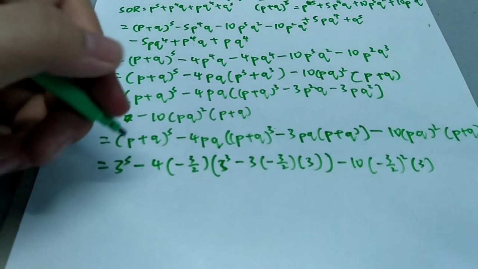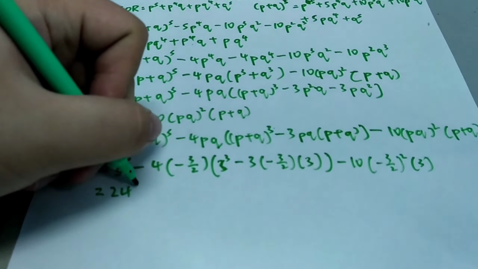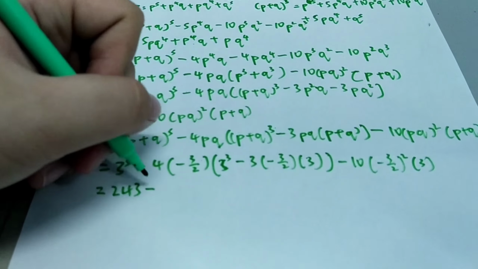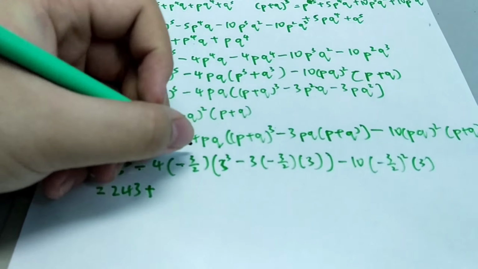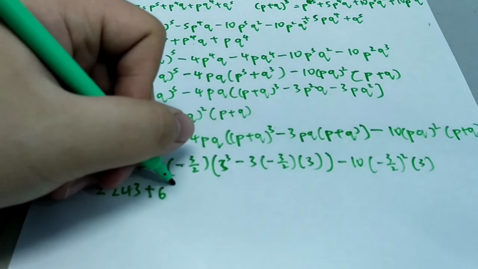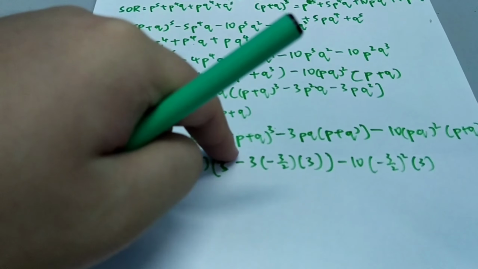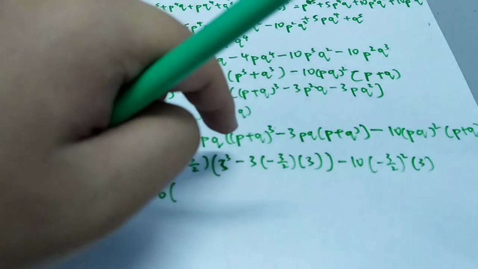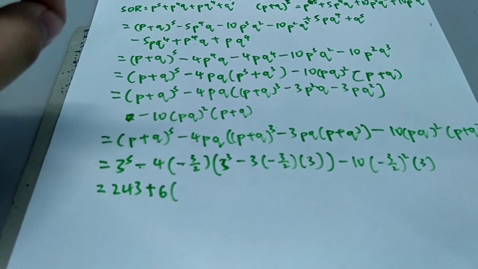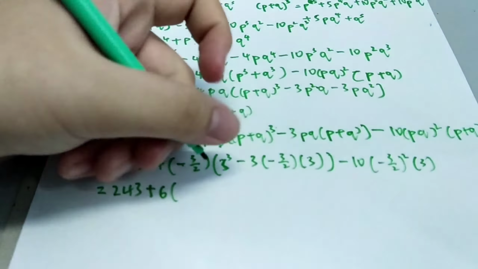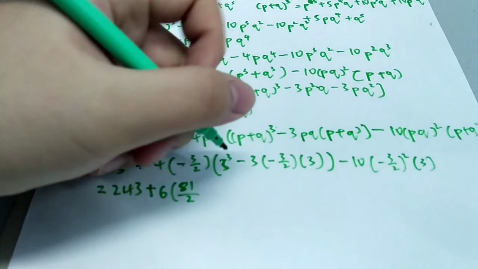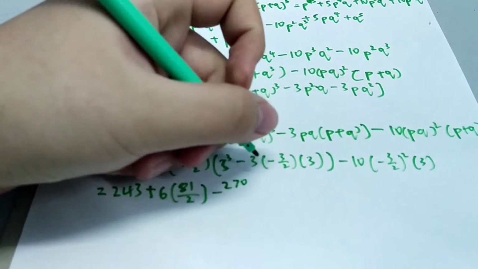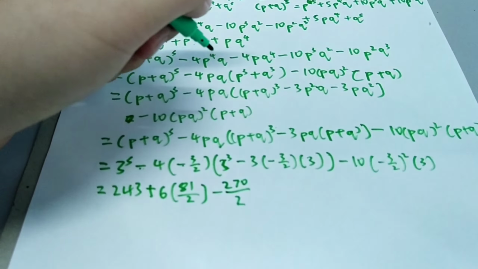So 3 power of 5, that's equal to 243 minus, not minus anymore because the negative distributes, I have plus, so this is equal to 6 times 27 plus, is it plus? Yeah, it's plus 27 over 2, which is 81 over 2 minus 270 over 2,